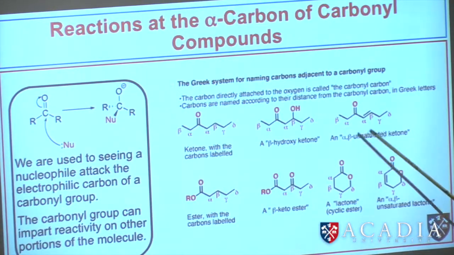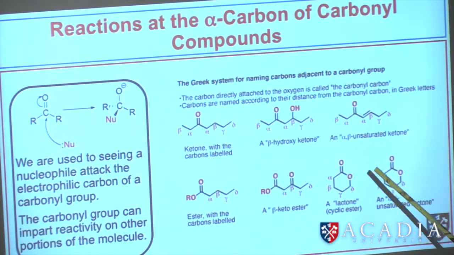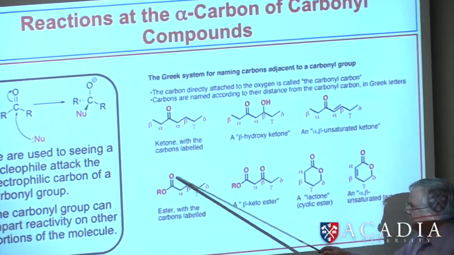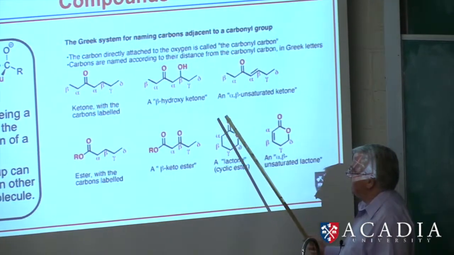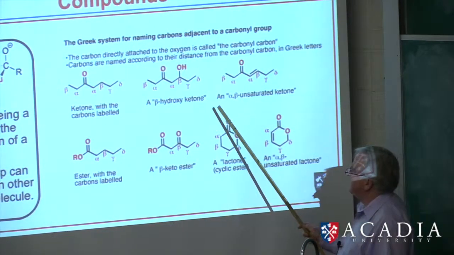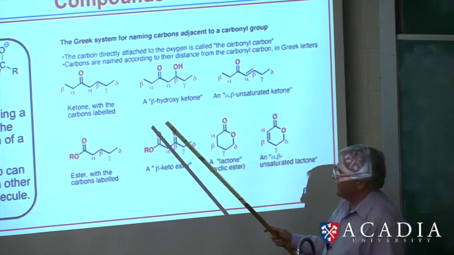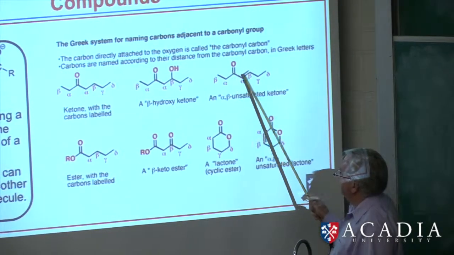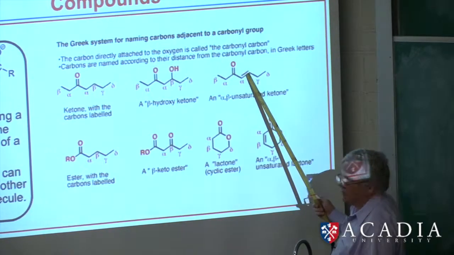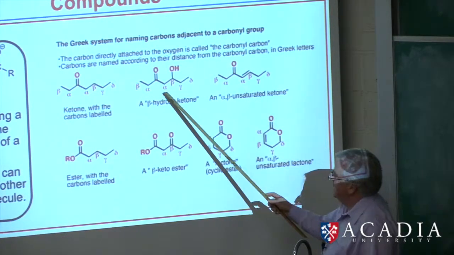And here's a number of different groups, and all of these carbonyl carbons are to more or less degrees electrophilic. But what we're going to find is that there's other points of reactivity. For instance, in this one, not only is that an electrophilic carbon, but this beta carbon is also electrophilic. Now,